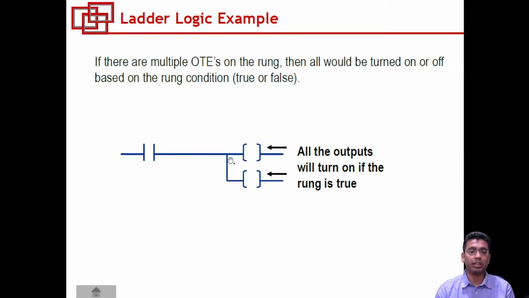You cannot connect 2 output devices in series. Why? Anyone? Why can't you connect these 2 output devices in series? Yes, the voltage will drop. Good. So just like your electrical circuit, the voltage will drop after 1. Okay, so again that would be making the circuit wrong. Okay, fine. So whatever outputs you have to energize together against a single input, they will all be connected in parallel, and if this input is true, then all the outputs will energize, and if this input is false, all will get de-energized. Fine.